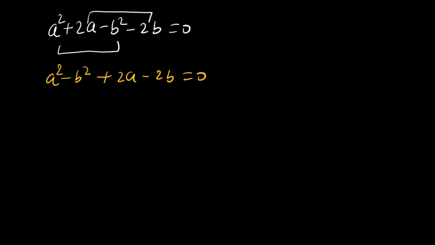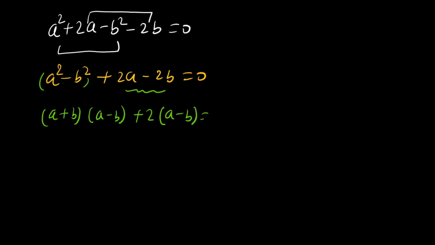Here look carefully at these two terms. This is a difference of two squares, and we know that the difference of two squares is A plus B times A minus B. And here if we take 2 common, then A minus B, and this equals 0. Now A minus B and this A minus B is common. If we take A minus B common, then here A plus B plus 2,